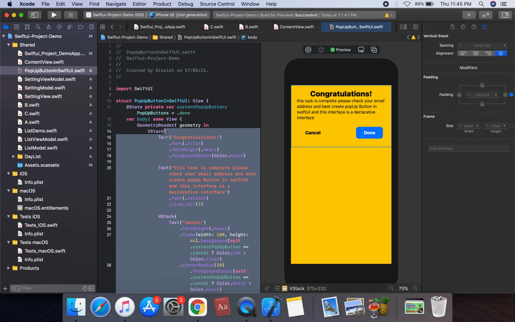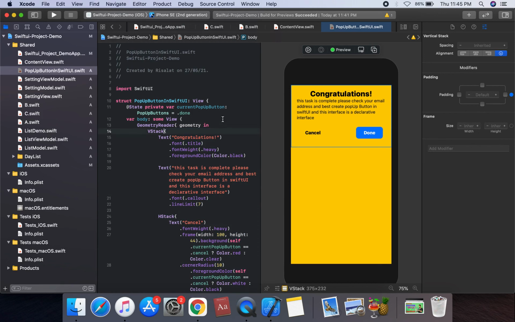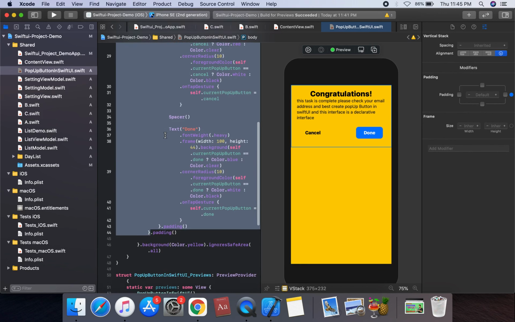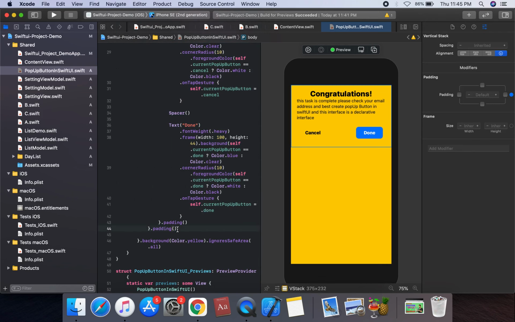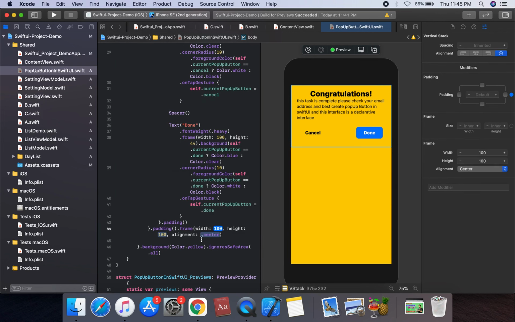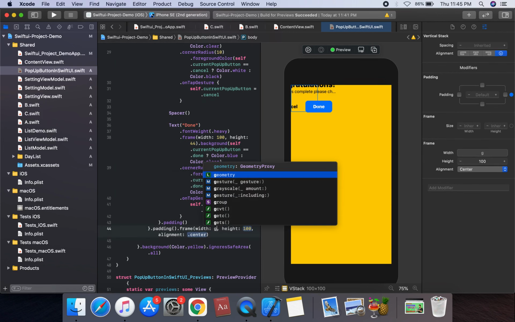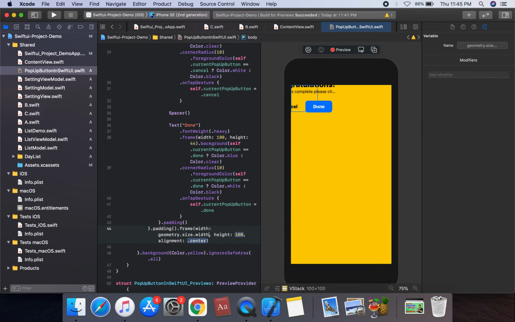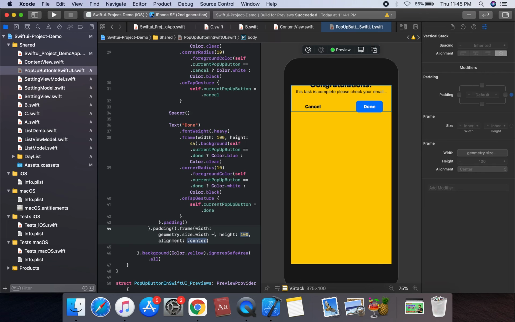And we're gonna apply the V stack. Our V stack is V stack create is pop up. So we're gonna apply the frame, and frame. So which have padding dot frame, we're gonna apply the dot frame. So firstly width is geometry dot size dot width, which have a minus 40. Our screen minus 40, 20 left and 20 right.